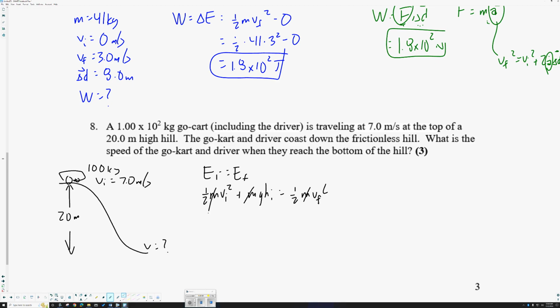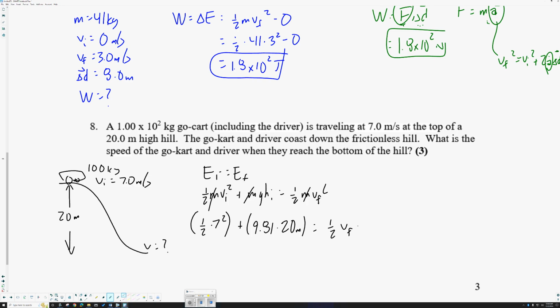We can cancel those masses. You don't have to. You can use that 100 kilograms, sub it in. Makes the math a little bit easier, though, if we do cancel it. We're going to say 1/2 here of 7 squared. That's my initial speed squared plus 9.81. We make this positive, right? Because potential energy is a scalar. We don't put the negative in front of the 9.81 in that case. HI is going to be 20 meters,